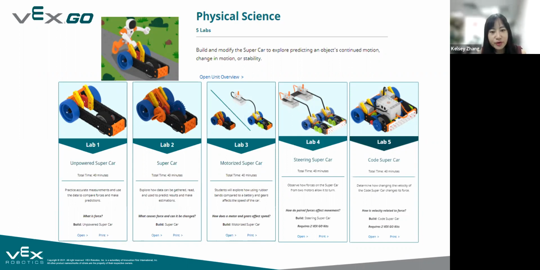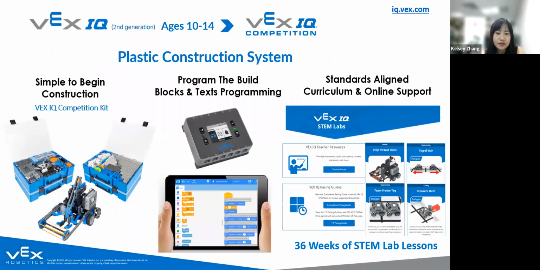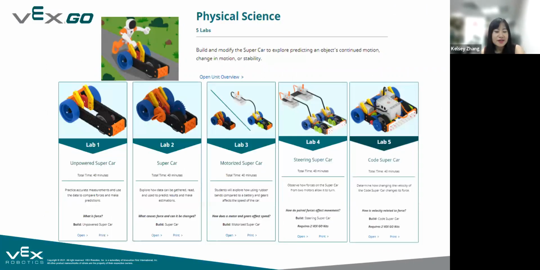Then in labs 3 and 4, they will need to add a switch, so power it. And then in lab 5, they will need to add the brain and different sensors, so code it. So in each lab, we provide students with this learning progression route. Those are some of the examples I wanted to share with you about the VEX Go platform.